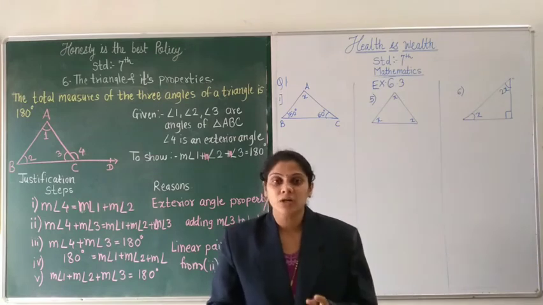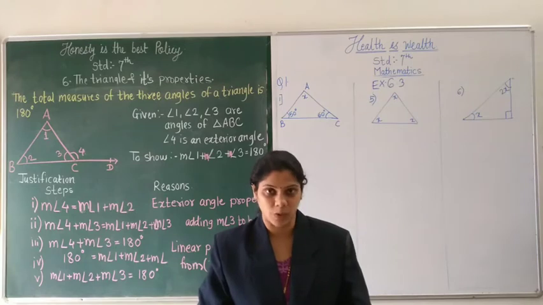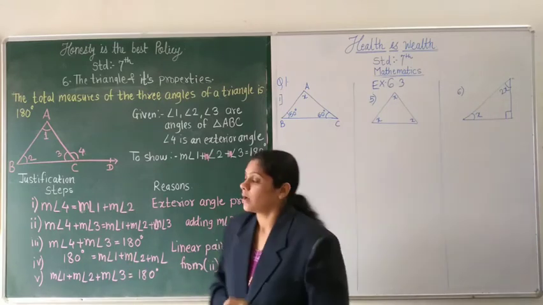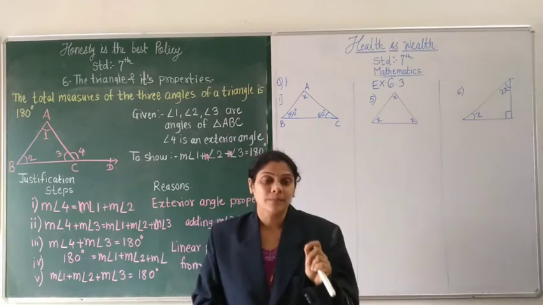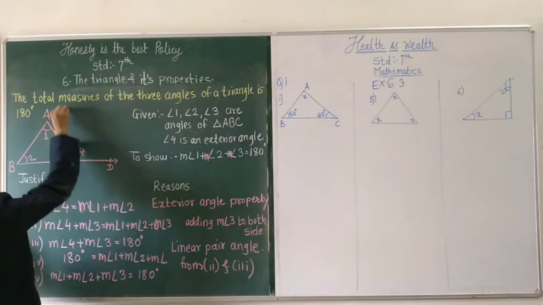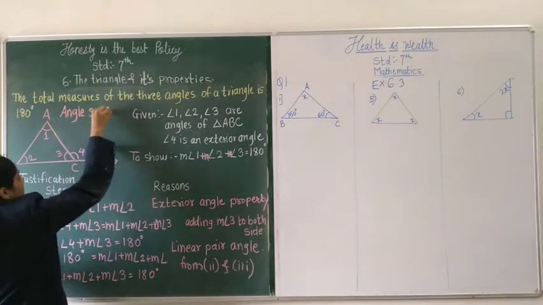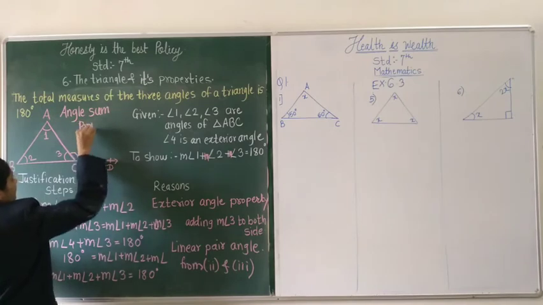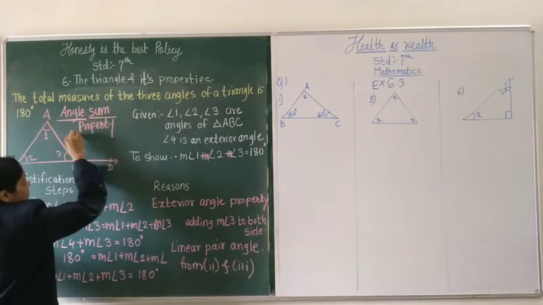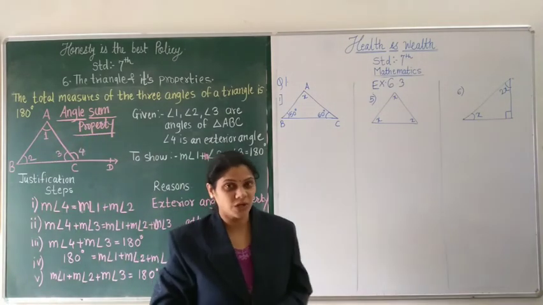It is very difficult to write the whole statement every time we solve a problem. So instead of this whole statement, we can write here angle sum property. Okay, so with the help of this new property, we are going to solve